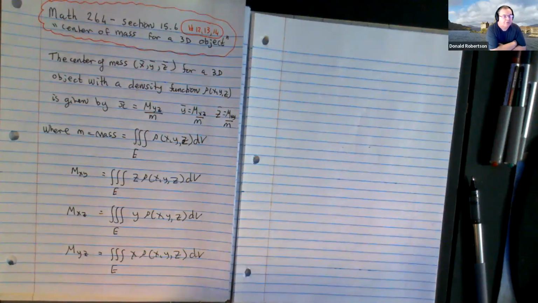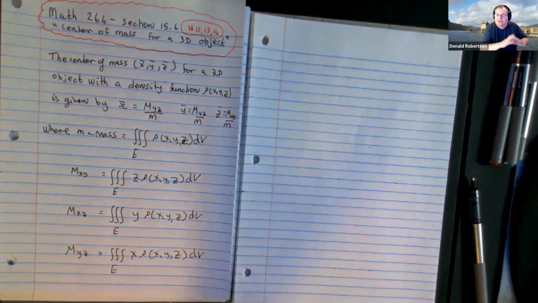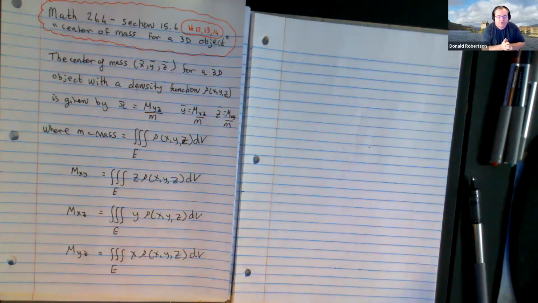The triple integral section. The ones that are left to do are centers of mass of three-dimensional solids. So you can imagine a sphere or a cuboid or some kind of egg-shaped object in 3D space. And for every single point inside that solid object, there's a density function. So you could have an egg shape where it's quite heavy on the right and light on the left, or whatever it might be. And we want to find the center of mass of that particular